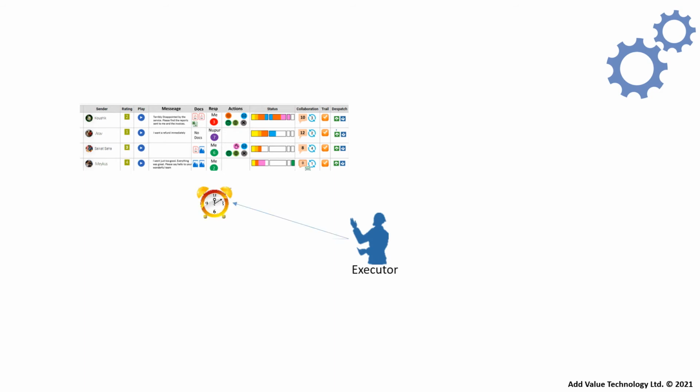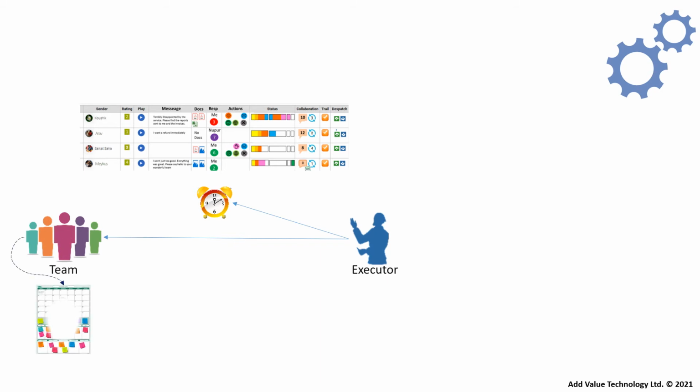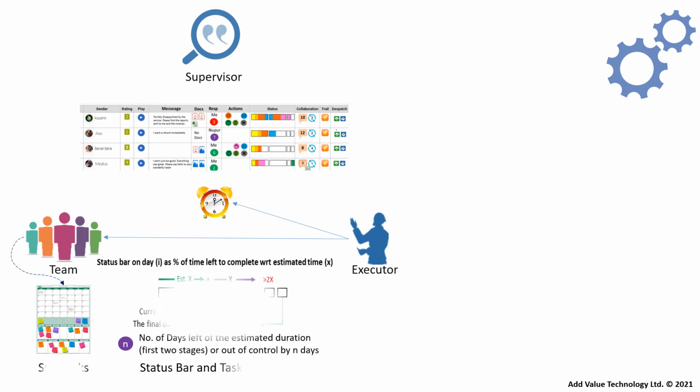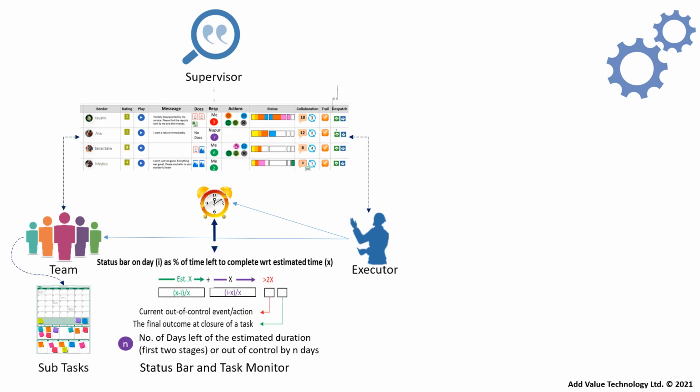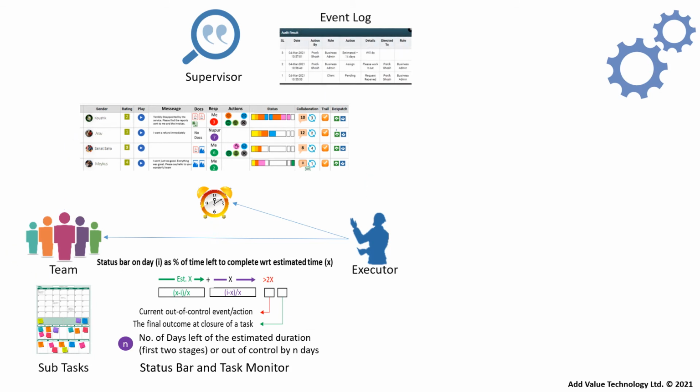All along, the task appears at the Jusvista panel of each of the participating team members and designated supervisors. They all have the same view of the status bar, indicating the progress of the task vis-à-vis the time estimated to complete the task. They also are privy to the event log pertaining to the task and exchanges between the